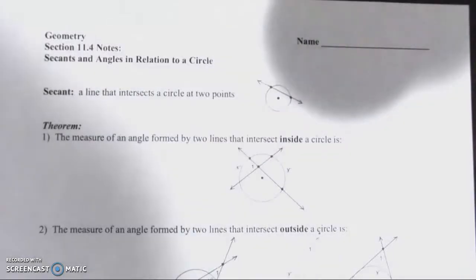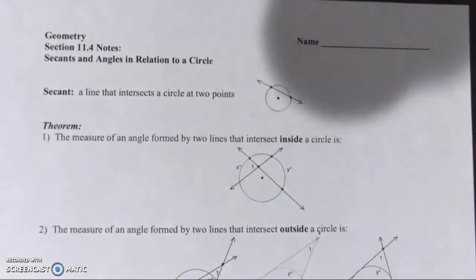All right, guys, our next section 11.4 deals with angles in relation to a circle. You'll see when we get into our theorems that really we're talking about angles that could be in two different places in relation to the circle. Those bolded words, as you see, inside or outside of a circle. Pretty simple to comprehend. But first we give you one final definition of lines or segments that could go through